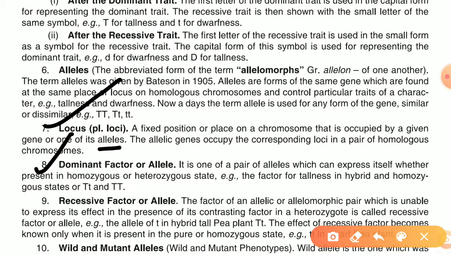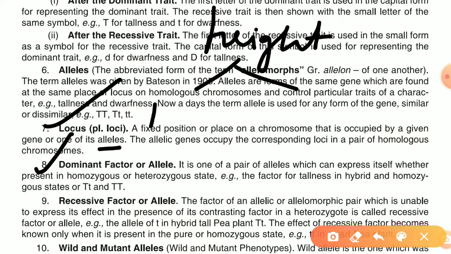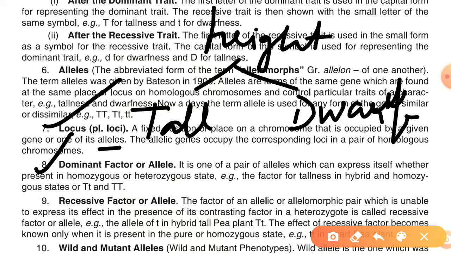Now next one is dominant gene and recessive gene, or dominant factor or recessive factor. As I told that for the height, there are two alleles for the height. One of the height is tall height, another height is dwarf height. ठीक है? So these are the two alternative forms of height. Now, out of these two, tall and dwarf, a single individual at one time, either he can be tall or he can be dwarf. या तो लंबा होगा या छोटा होगा. ऐसा तो नहीं है कि दोनों होगा, लंबा भी है छोटा भी है. It will not be there.